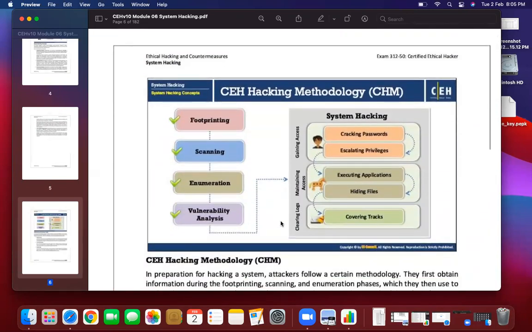In the CEH hacking methodologies, you need to understand what we have completed in our previous modules. As I told you, footprinting, scanning, enumeration, and vulnerability analysis, these four modules are very, very important. Without completing these four modules, you cannot start with system hacking.